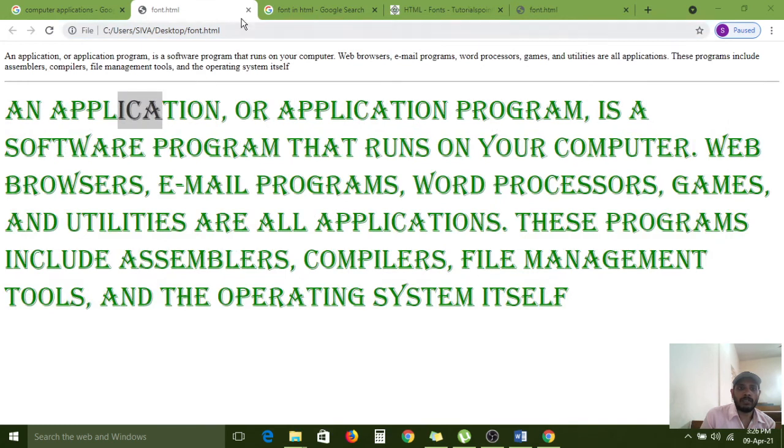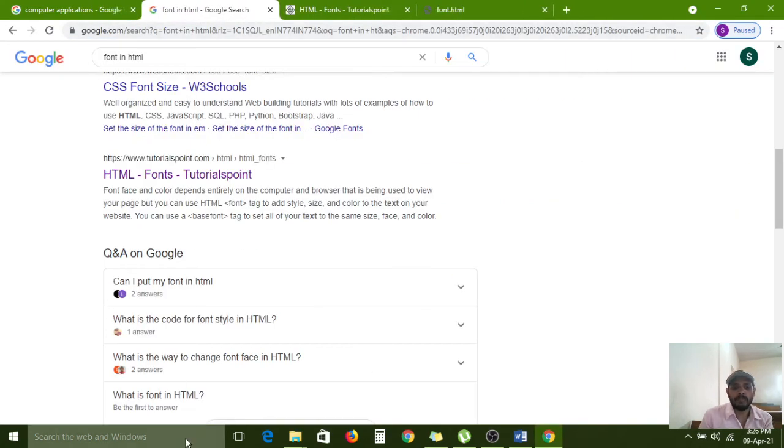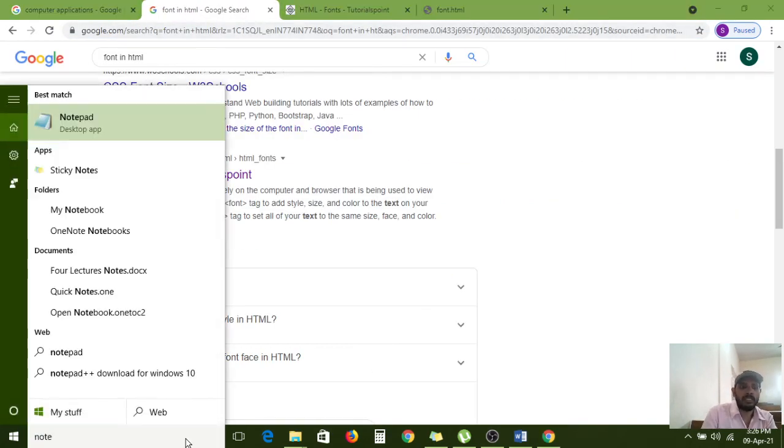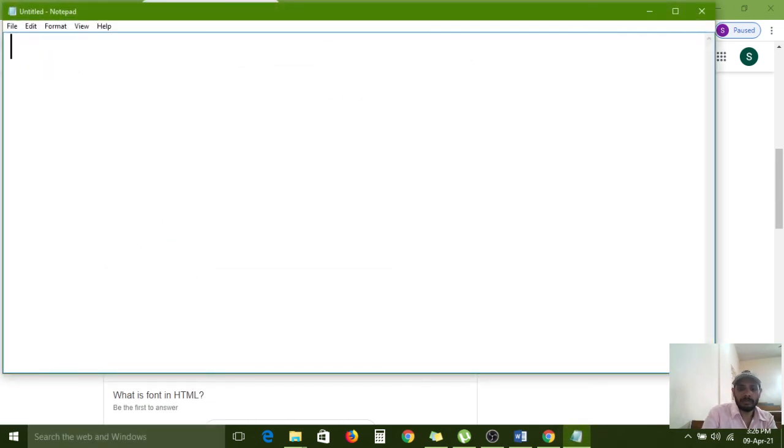Next, I am removing this one. The center tag I am using. In Notepad, HTML. Doctype is also optional for learning time, but in real time doctype is mandatory. And next, body. This is the center tag I am using.